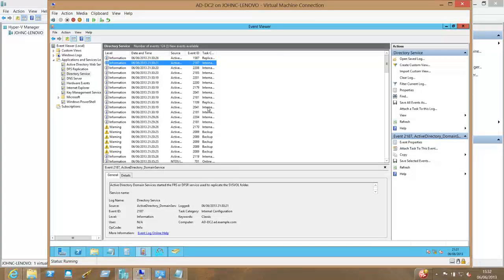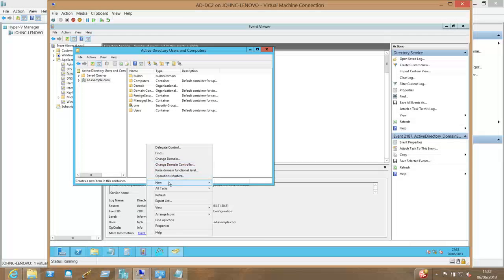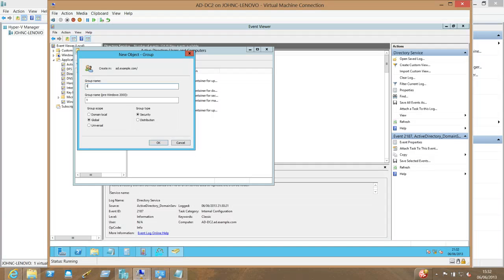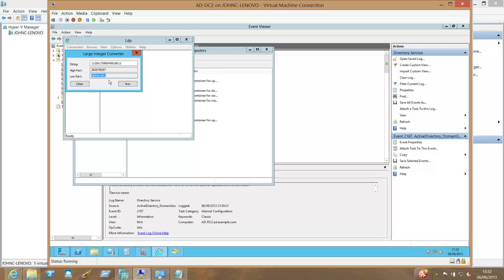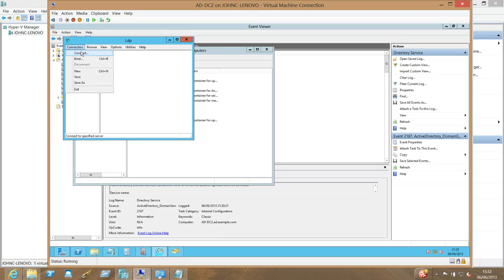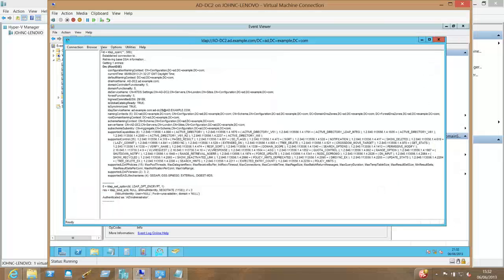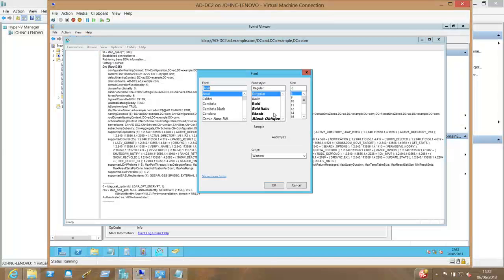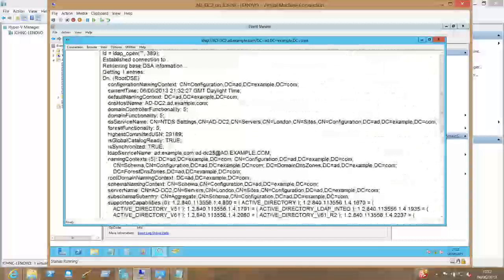And if we now create another user, so not a user, but another group. So I'm going to create a new group, and I'm going to call this 3. And let's actually refresh on this. We should find 2 is replicated in quite happily. Let's use LDP again, and let's connect. I want to just check the server's not been set. Bind on there. So this actually authenticates me using LDP. And let's set the fonts up to 16 point. And if we go into view tree,